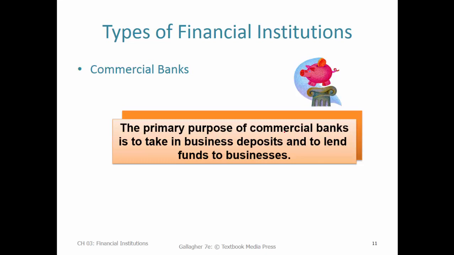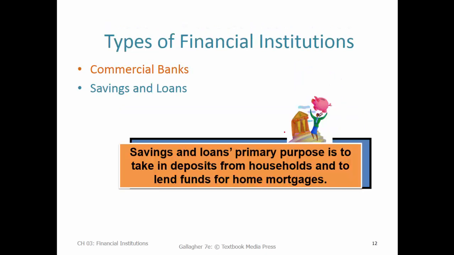Okay, now with that in mind, we can talk briefly about the different types of institutions and how they operate. Now, we're all familiar with commercial banks. They take in deposits from us, the public, and lend out money to businesses and consumers. So that one's pretty easy. Now, savings and loans are really similar. In fact, they're just a special purpose kind of bank. They take in deposits, a lot of savings accounts, and they engage almost strictly in mortgage lending.